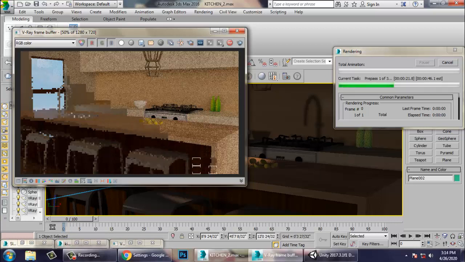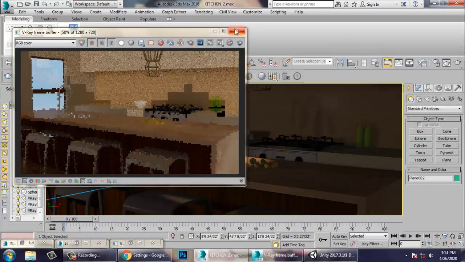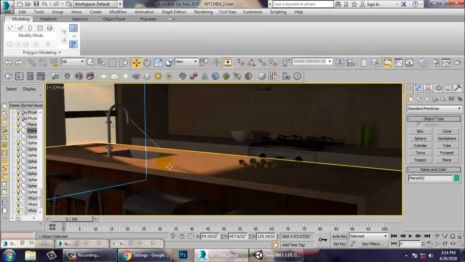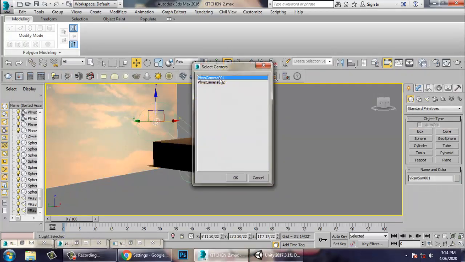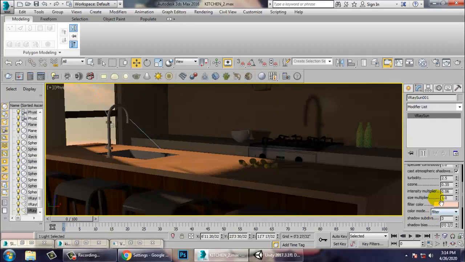Alright, first let's check out. I think the light is very less over here. We need to increase the intensity of the light. So let's go into it and let's increase its multiplier to 0.2 over here.